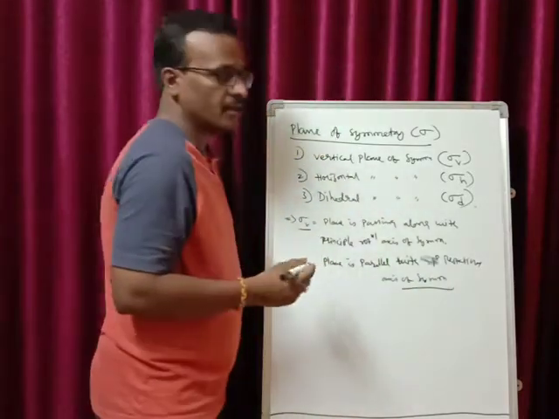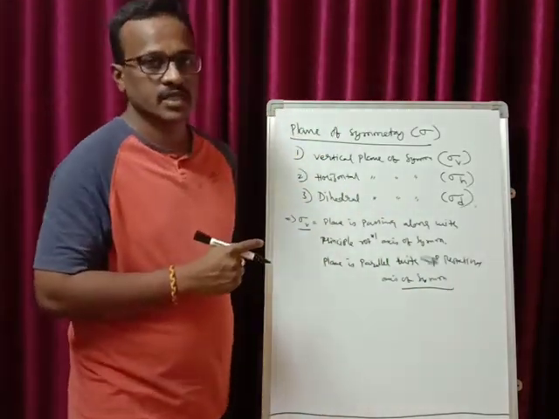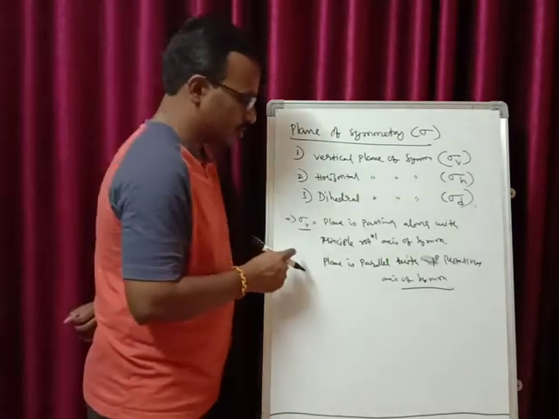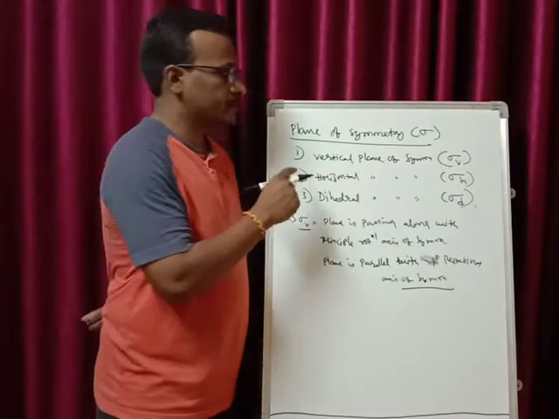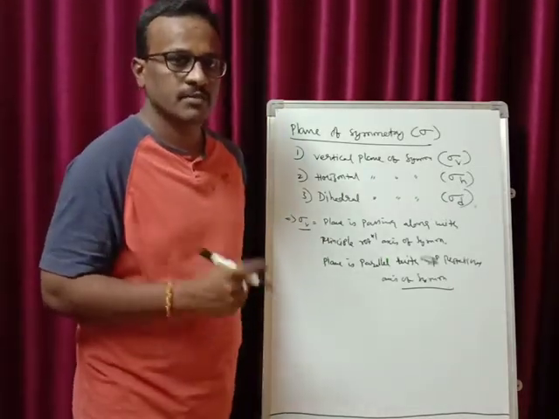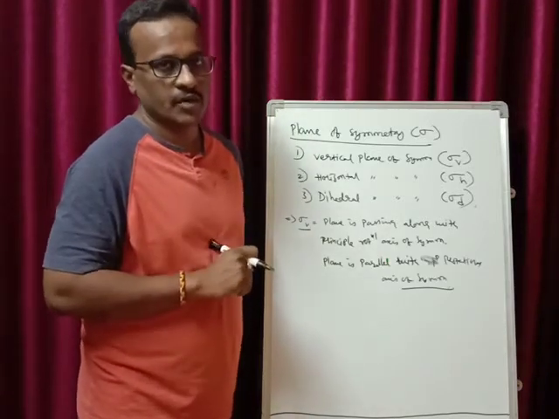So in order to define sigma v, sigma h and sigma d, you also need to know regarding the rotational axis of symmetry. Once you have an idea regarding the rotational axis of symmetry, then only we can understand the different types of plane of symmetry. Therefore, if you have any doubts regarding the rotational axis of symmetry, go through my previous lectures which were already sent through a link, right?